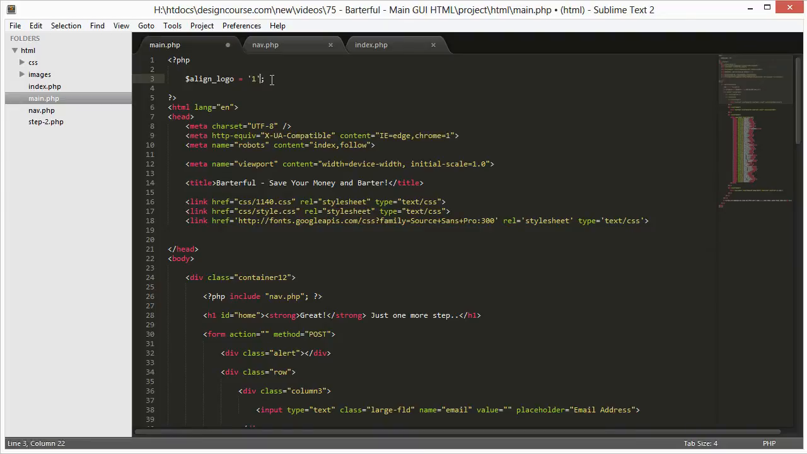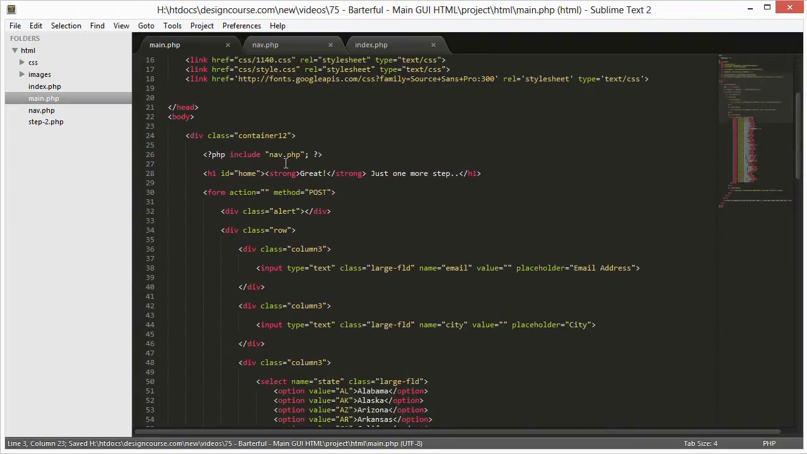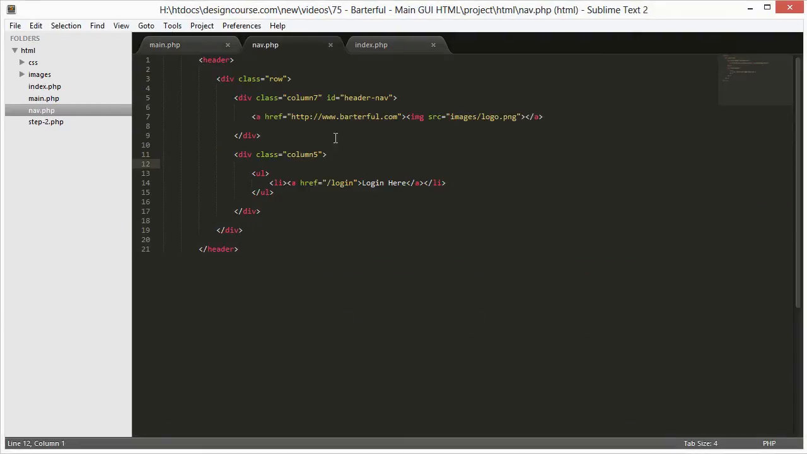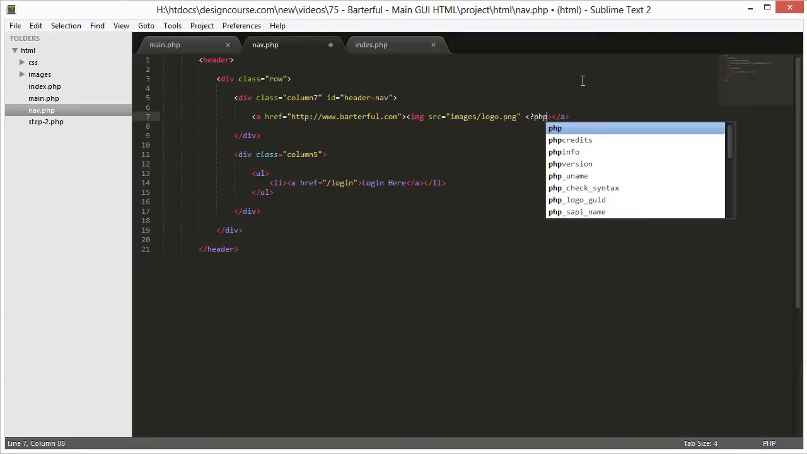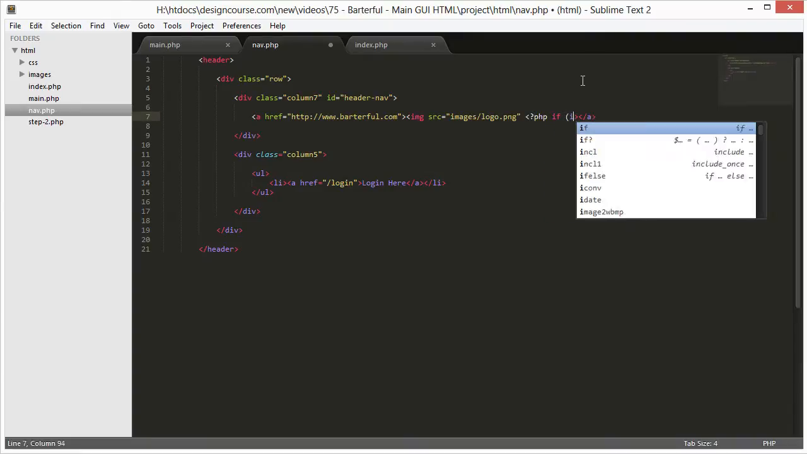It doesn't have to be one. Basically, it's just creating a variable. And then in nav.php, what we want to do is come over here. Right now, our alignment of it being right aligned in column 7 is set by CSS. So what we want to do is right here inside the image source, put PHP, if is set